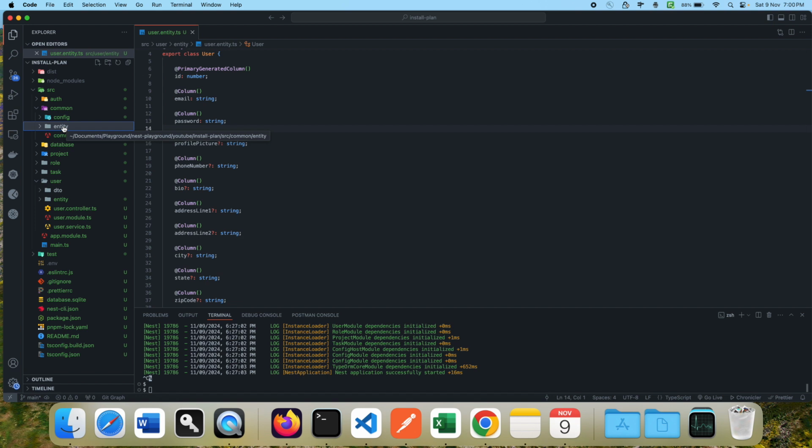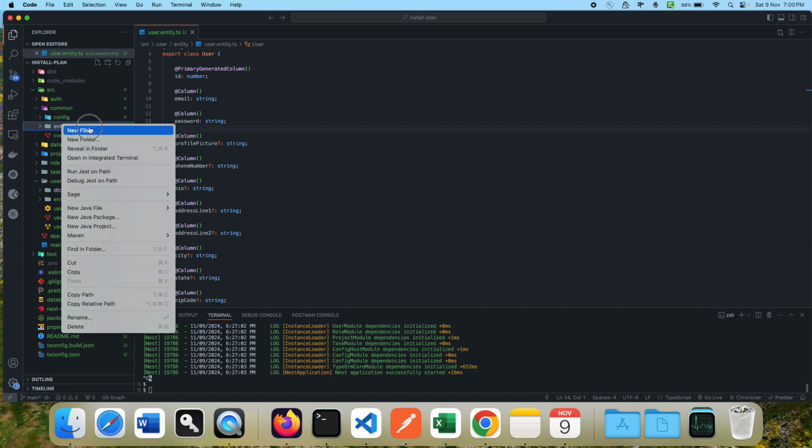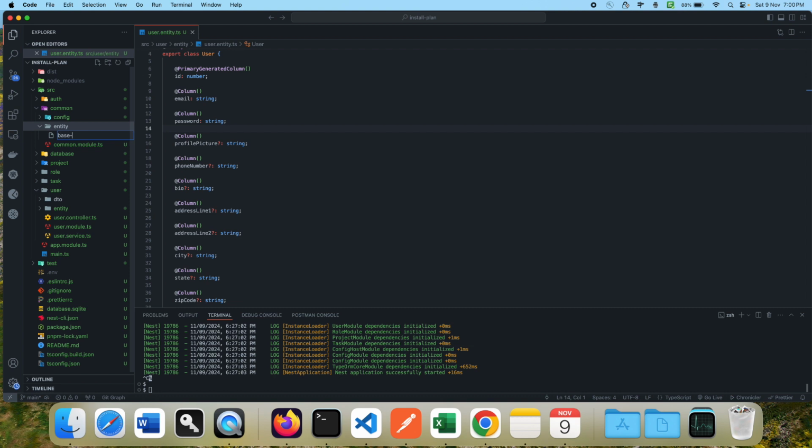If you want, you can keep it in plural. Also, I will name all the endpoint names as plural. So that's also up to the choice of how people want to do it. So I'm going to create one base entity, base.entity.ts,